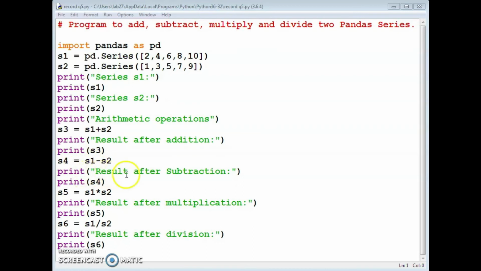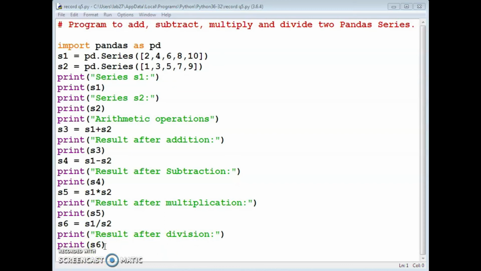Print result after subtraction, print s4. s5 is equal to s1 star s2. Print result after multiplication, print s5. Then last one, division operation, s6 is equal to s1 divided by s2. Print the result after division, print s6.